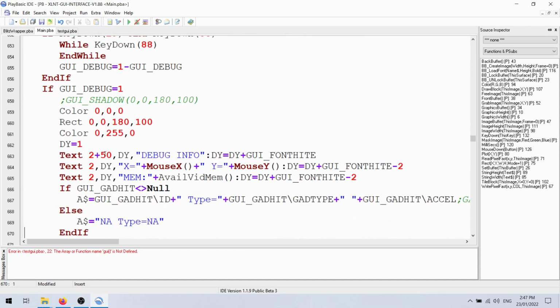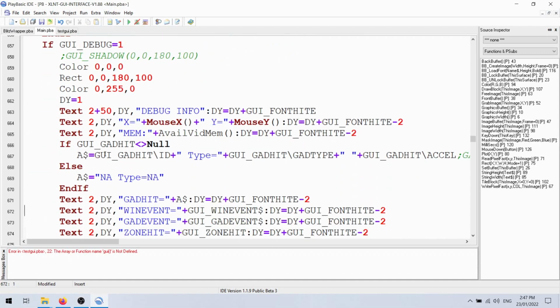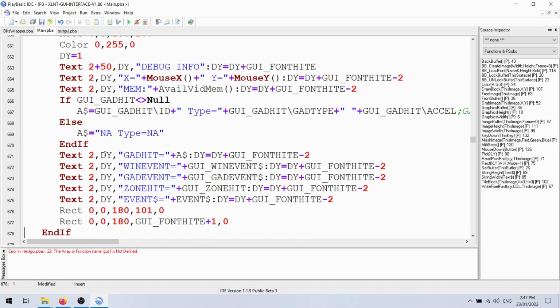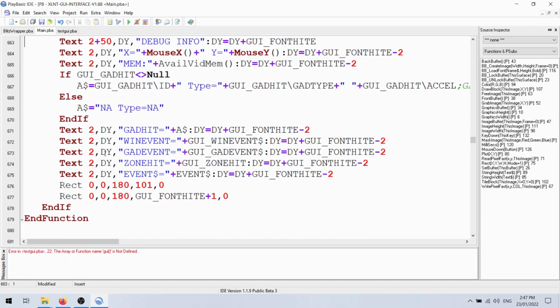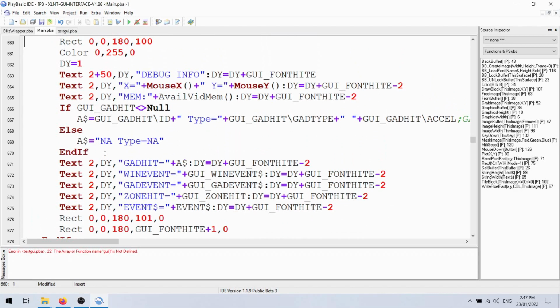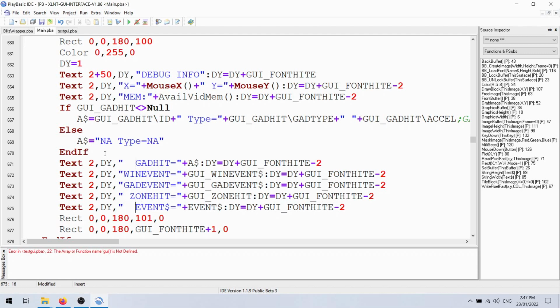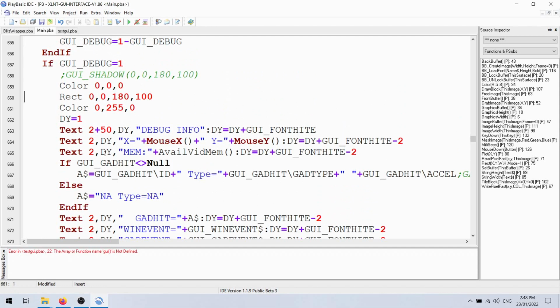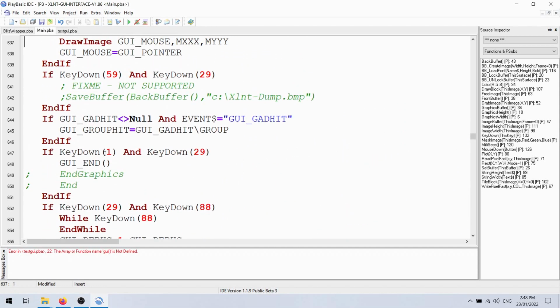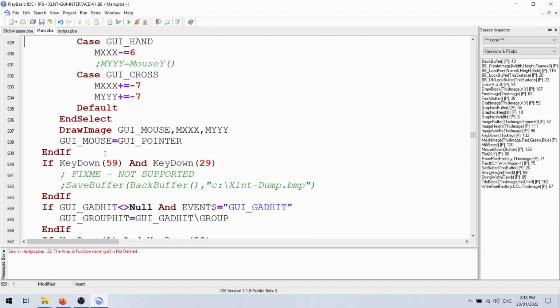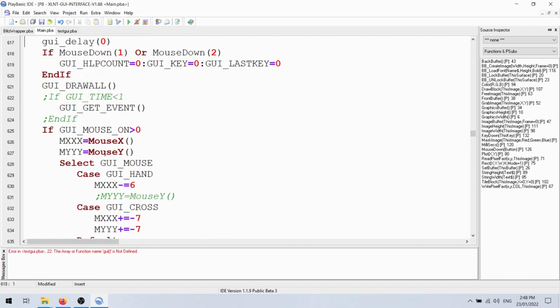GUI shadow, debug, bunch of text in here, mouse state in there, rectangle. Push those out so they line up, just so menu, mouse, debug information. Do we have a color command? I think we do. GUI end, we have no concept of what that is at the moment. It's a function, but there's no